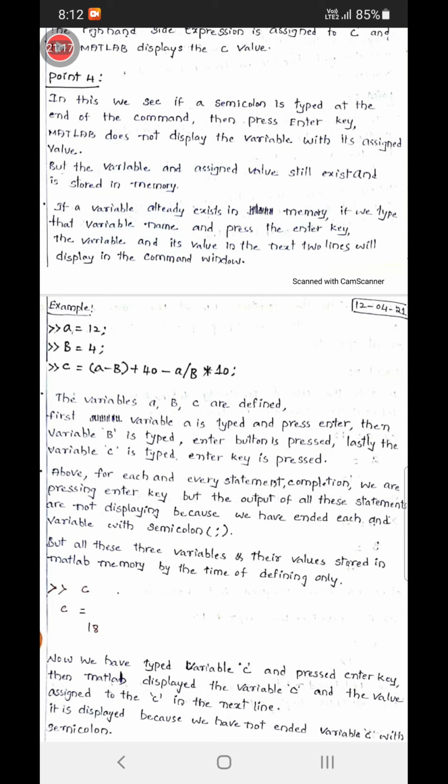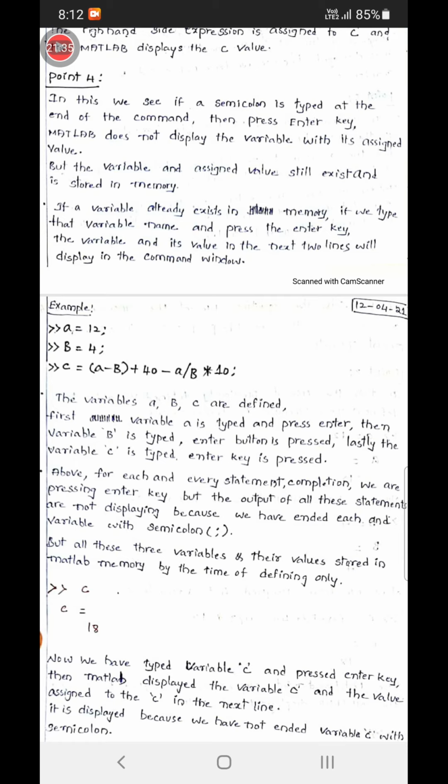If a variable already exists in memory and we type that variable name and press the enter key, then the variable and its value will display in the command window.